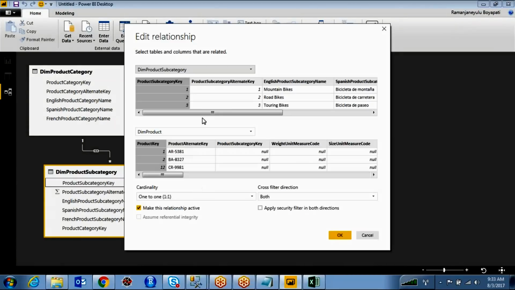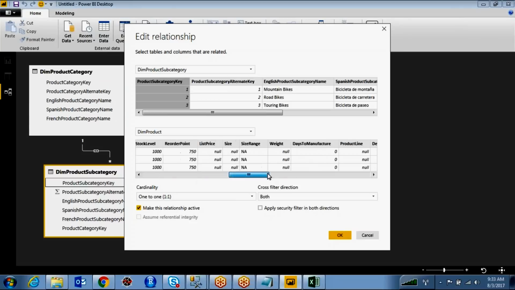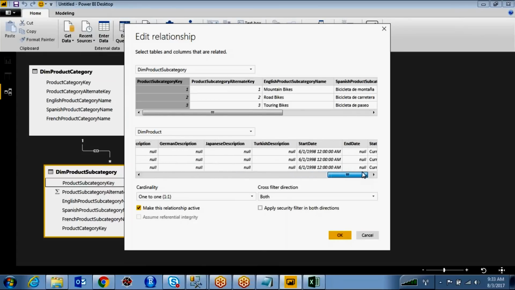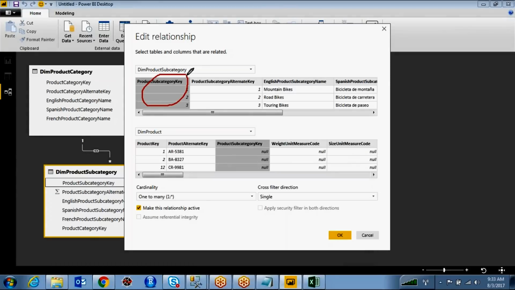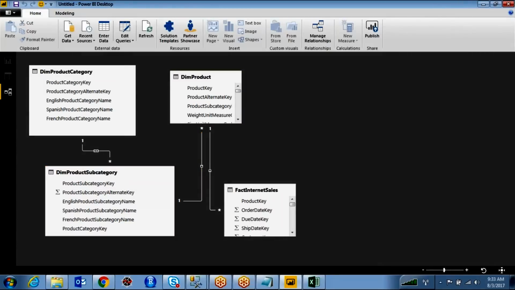Open this one, product subcategory. It has created on the product category, product key. No, it's not correct. Just go over here. You have to find out where the product subcategory is. This one. So you have to make the relationship on product subcategory and product subcategory. Then click OK. Got it? So this is the way you have to make the relationships over here.